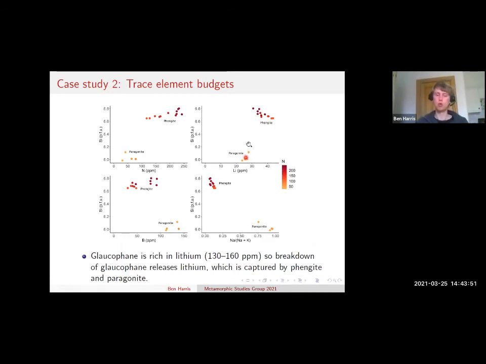And the glaucophane breaks down to form paragonite during fluid rock interaction. And so this can release lithium and explain the opposite trend that we see in the lithium data in the